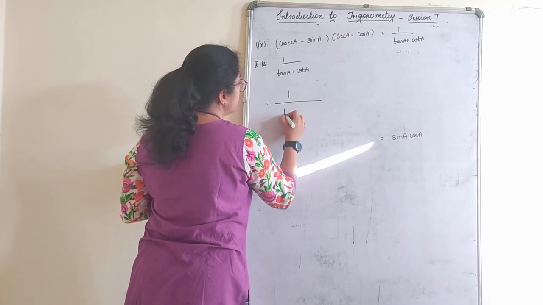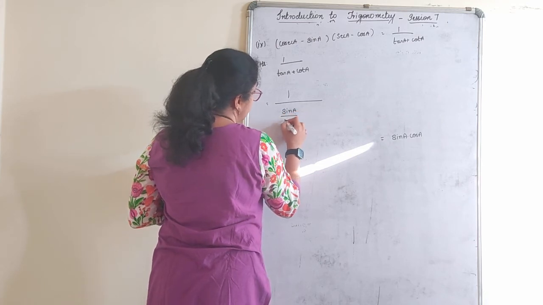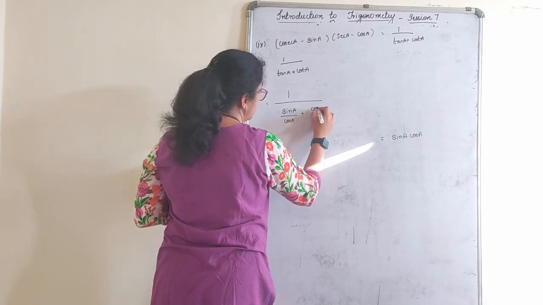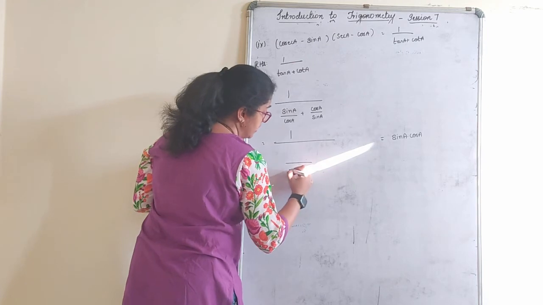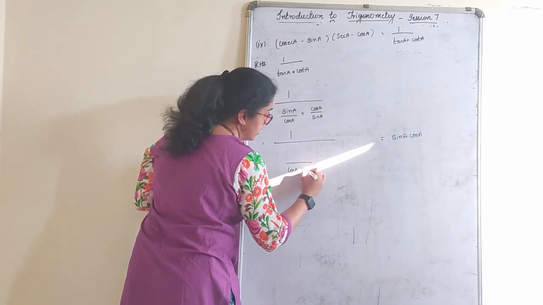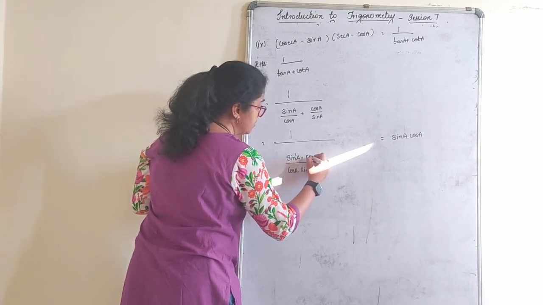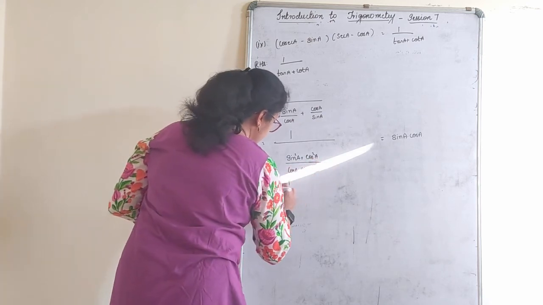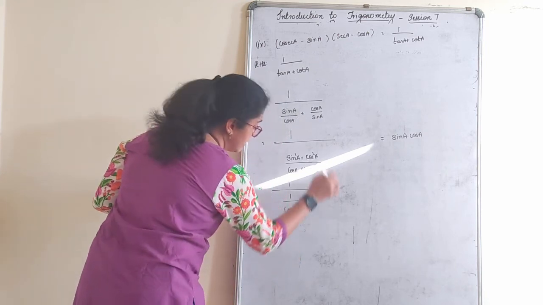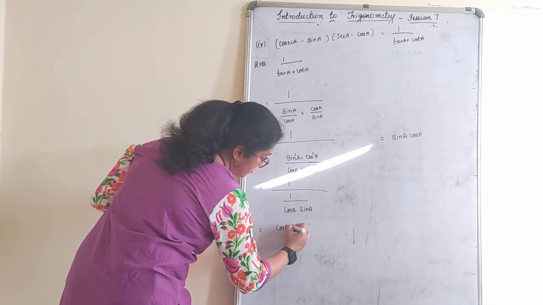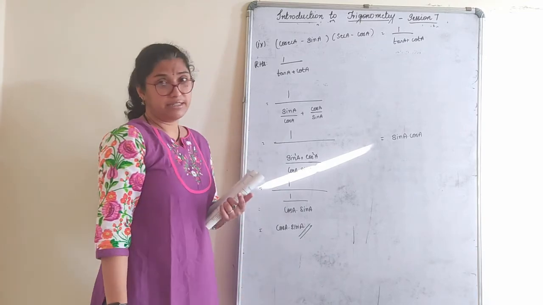1 upon tan A is written as sin A by cos A plus cos A by sin A. 1 upon LCM is cos A into sin A, sin square A plus cos square A, 1 upon cos A into sin A, reciprocal. Over. The second part is actually very simple. We got directly the answer.